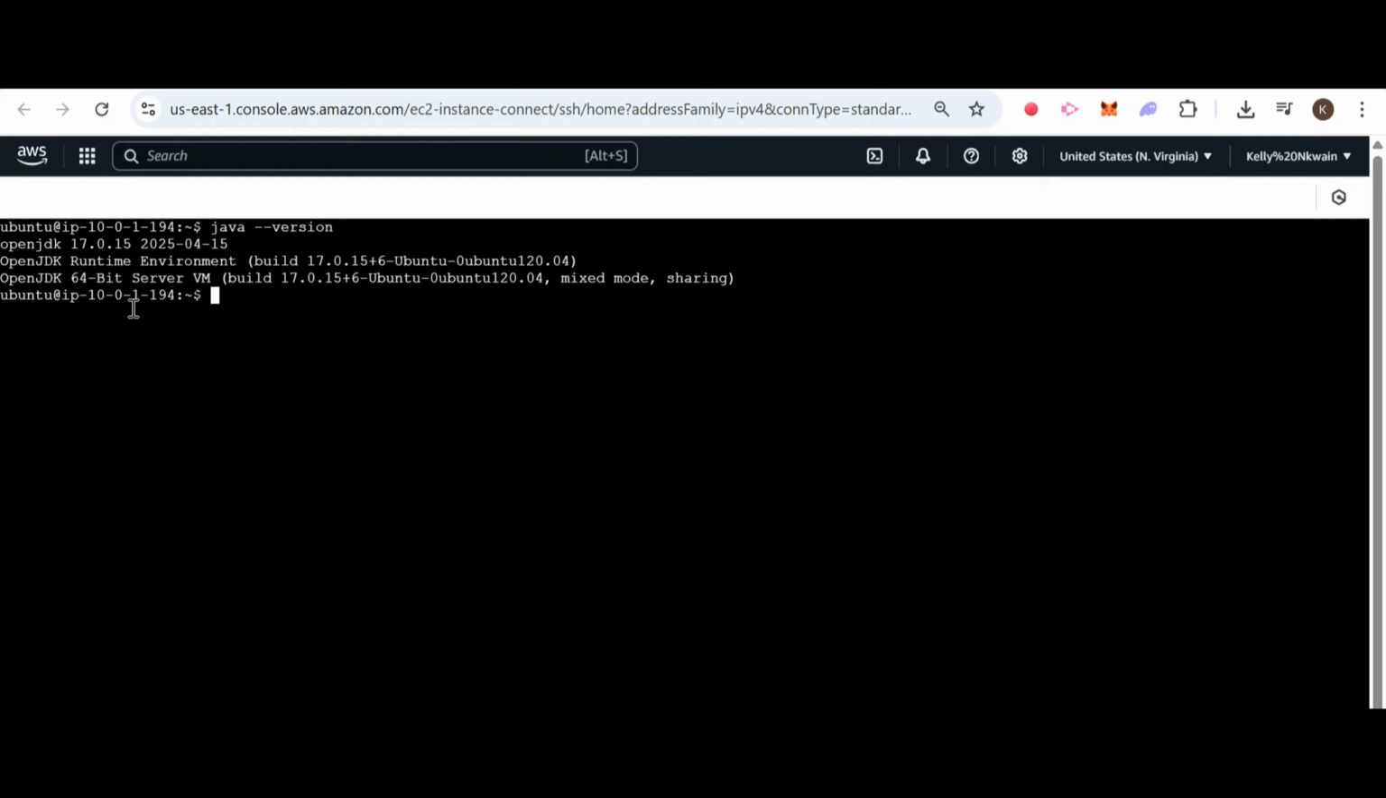So after using Ansible for configuration management to configure the Jenkins server and install Jenkins and its dependencies, you have to SSH into the Jenkins server. So this is our Jenkins server. If you check the Java version, you say java,